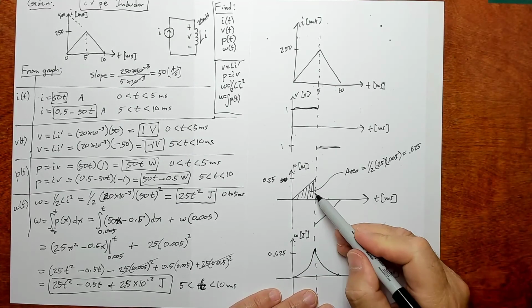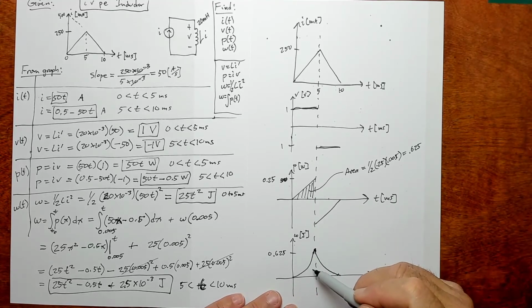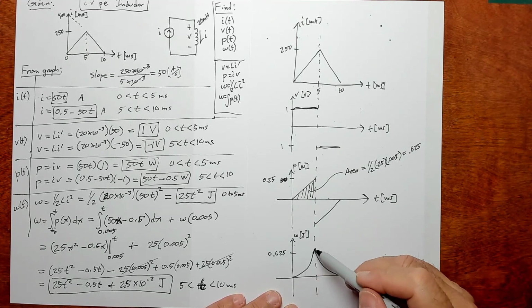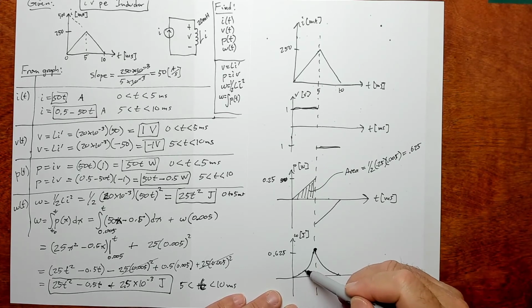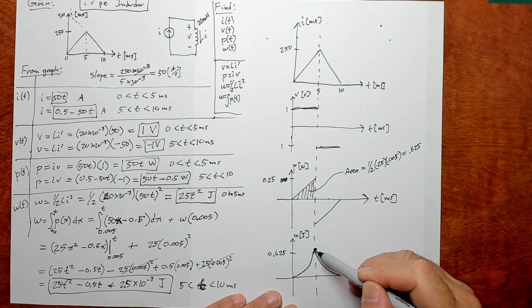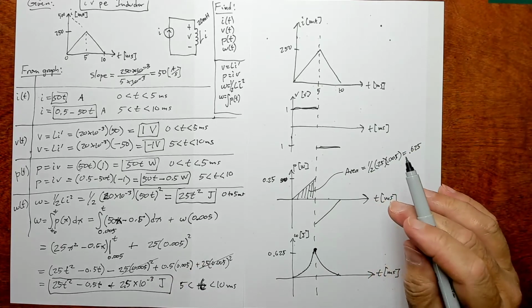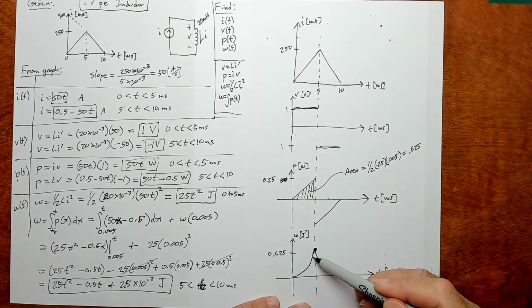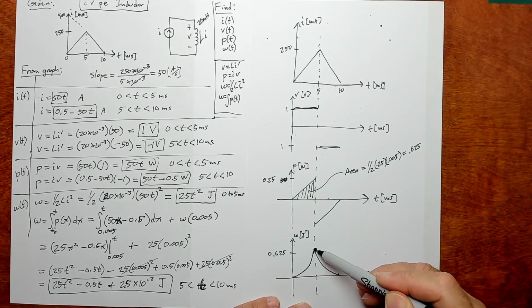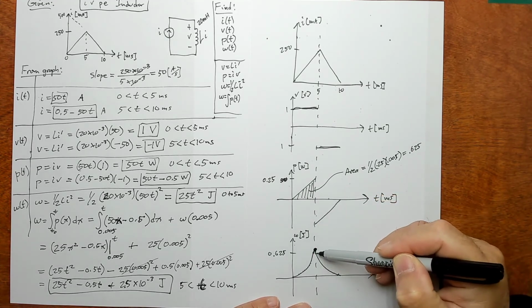Okay, so the area under the curve is this thing, and so you could integrate this and get this equation for the instantaneous value. At this point, this is instantaneous energy change. So at any point on here, it gives you the energy at that instant, but at this instant, it's equal to this area. Kind of related to calculus, all of this stuff, right? Then the energy starts leaving. So here it's climbing and coming into the device, and we reach a maximum amount of energy as the power flows into the device. Then the power starts flowing out of the device, so the total energy stored starts to